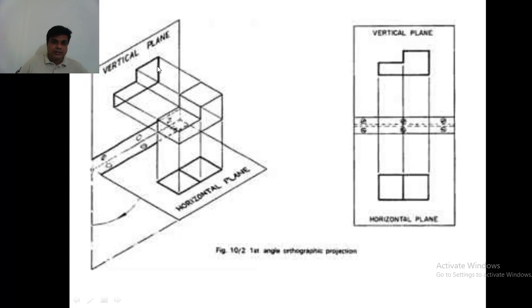You can see only this face of the object. This is the plane of projection. The vertical plane is the plane of projection. This is the object you are seeing from here. The image or the shadow of this object falls on this vertical plane, and whatever shape you see here is the shadow, the front view of the object. The front view will look like this.